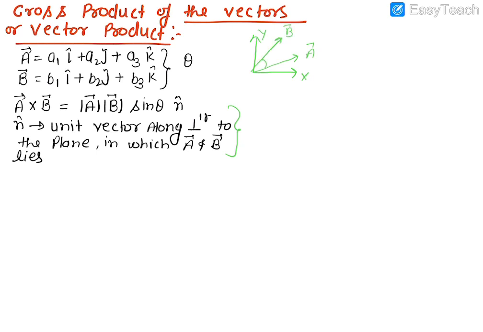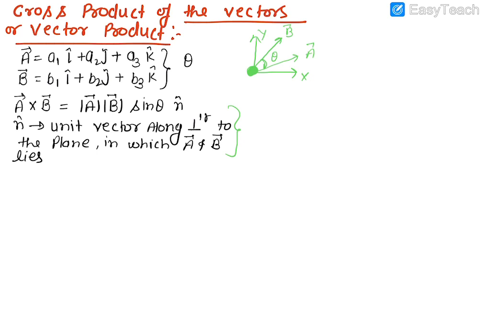The angle between these two vectors is theta. Then the direction of the cross product of these vectors is perpendicular, outward to this plane. A cross b is perpendicular, out of this plane, so you can find it very easily. Suppose we don't know the angle between these two vectors,